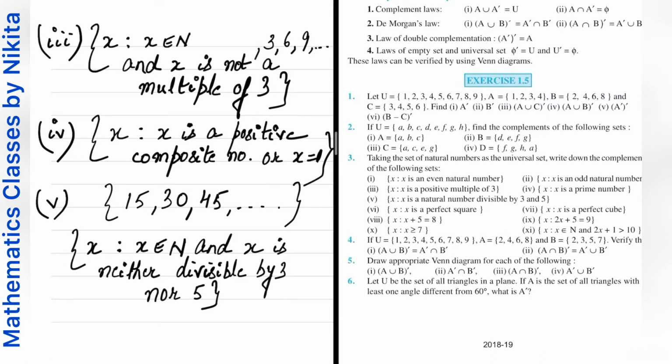तो नॉर का मतलब है कि x इज़ नॉट डिविजिबल बाय 3 और x इज़ नॉट डिविजिबल बाय 5. तो यहाँ पे और लग के आ गया तो दैट मीन्स इसके कॉम्प्लीमेंट के अंदर कैसे नंबर्स आ जाएंगे? फर्स्ट ऑफ ऑल वो सारे नेचुरल नंबर्स आ जाएंगे जो कि 3 से डिविजिबल नहीं है. जो 3 से डिविजिबल नहीं है तो 1 2 4 5 7 8 9 तो नहीं आएगा क्योंकि 9 इज़ डिविजिबल बाय 3.